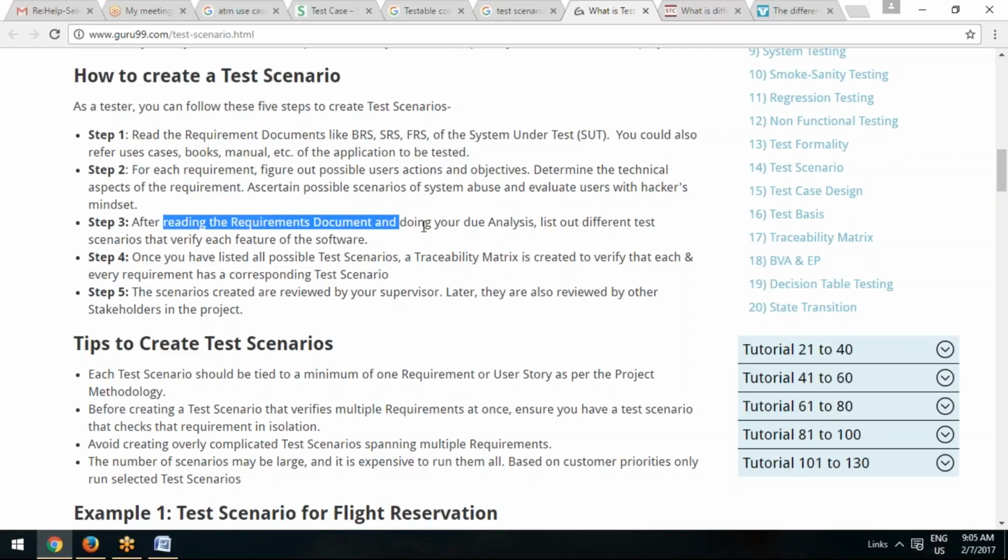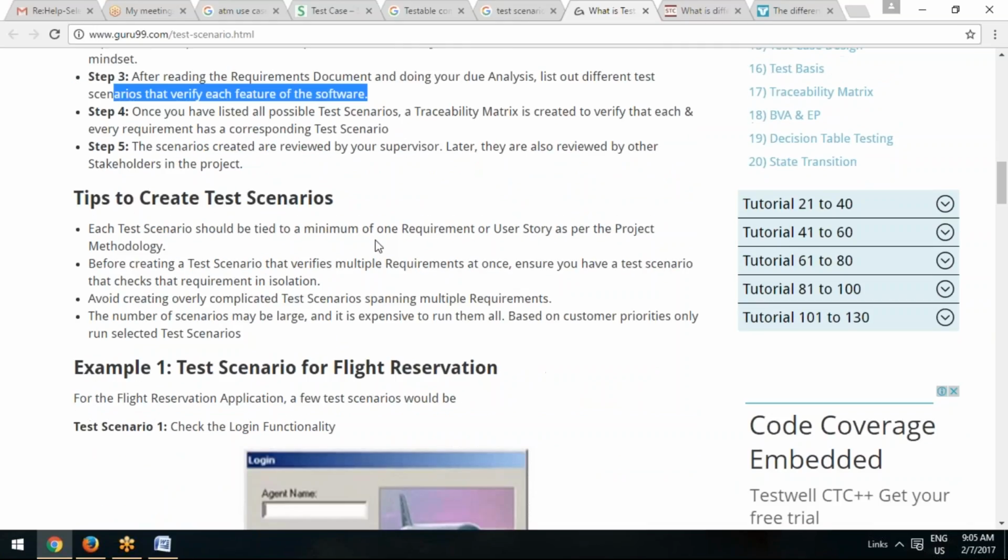And after reading the requirement, do the analysis and list out the different test scenarios for verifying each feature of the software. Each feature of the software. And once you have listed all the possible scenarios, and I'll cover this one